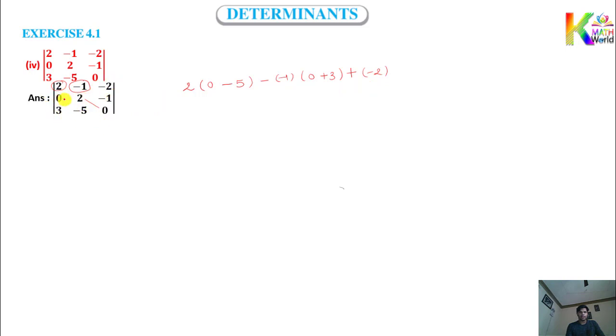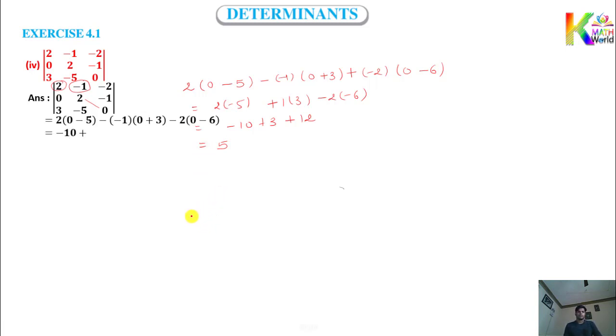So this thing is left, 0, 2, 3, minus 5. So the product of these two firstly, 0 into minus 5, that will be 0. Then minus, now the product of these two, so 2 3s are 6. So you get 0 minus 5, that is minus 5. Then minus plus 1 into 3. Then plus minus 2 times what is left here, minus 6. So 2 5s are minus 10, 3 1s are 3, then 6 2s are 12. So 12 plus 3 is 15. 15 minus 10, that will be how much? 5. That same thing you can see in this calculation.